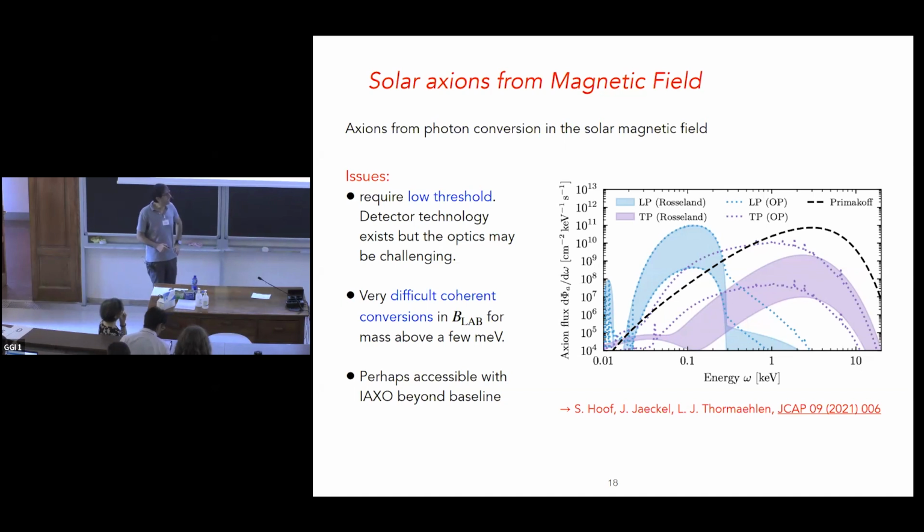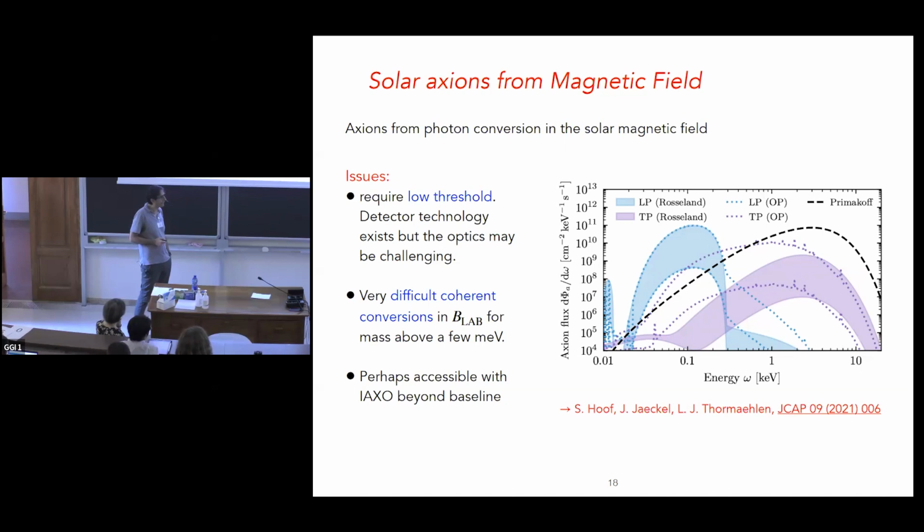The difficulty here is that, one, the signal loses coherence already at milli-electron volts, so you could probe only the small mass region. And the second is that using the current baseline helioscopes, we don't arrive at this threshold. In fact, talking with people in the collaboration, it's possible, not too difficult, to get to this threshold, 300 eV,